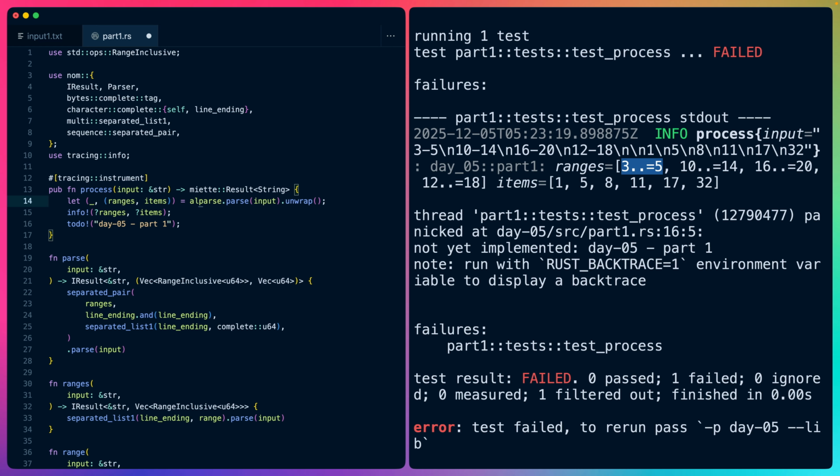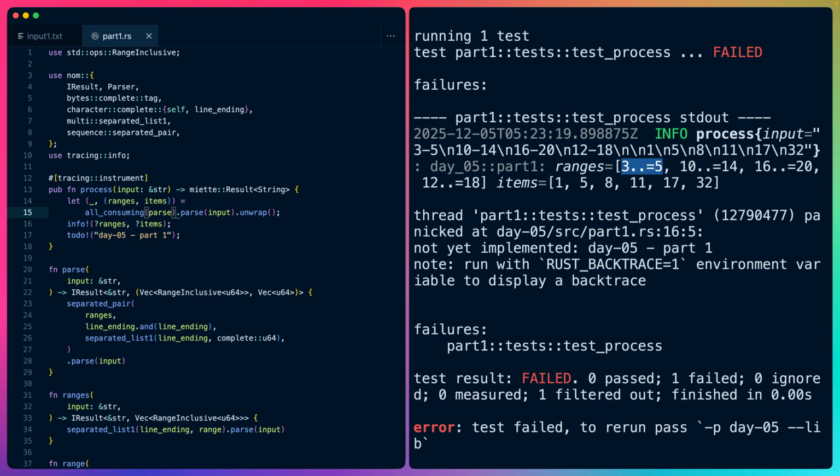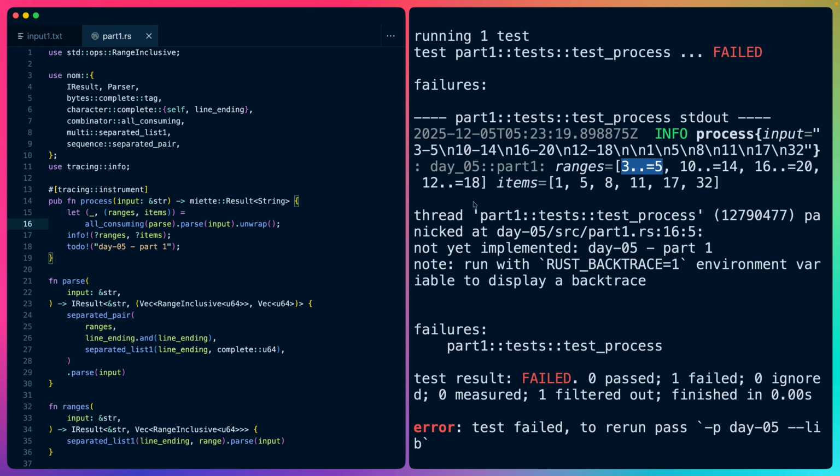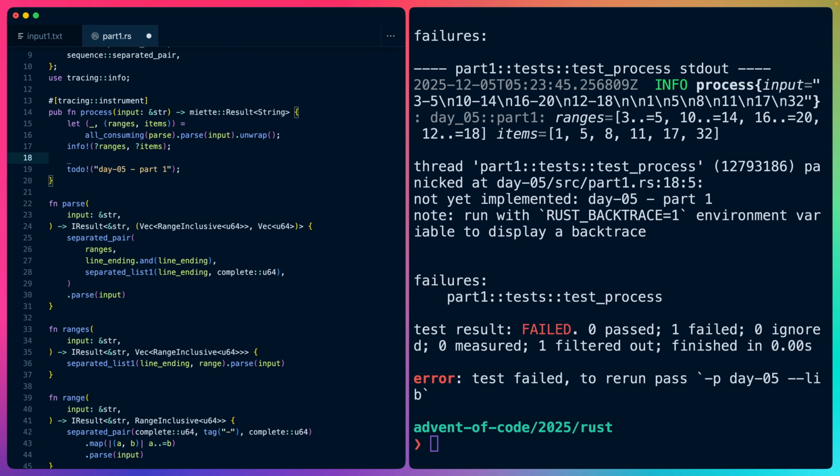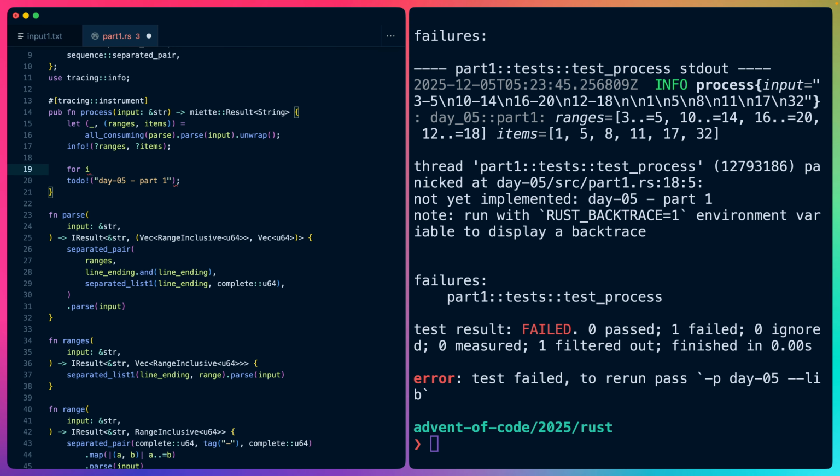And if we wanted to be specific about it, we could do all_consuming to check to make sure that we're parsing all of the input. Now this might run into the newline, but in this case it doesn't, so we're good. So we have all our ranges, we have all our items, and then I guess for item in items, or rather